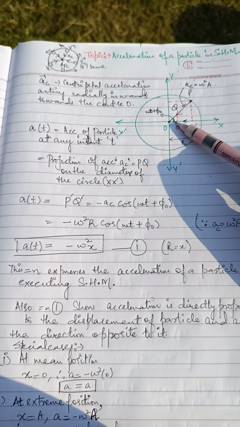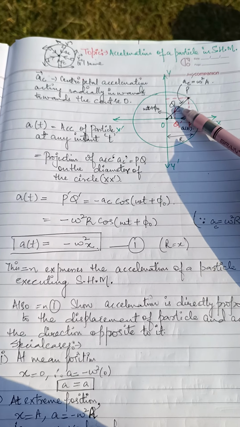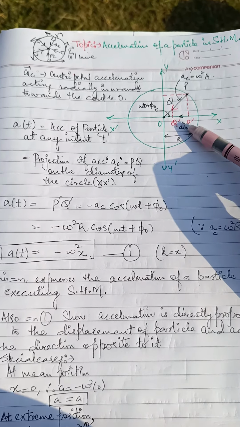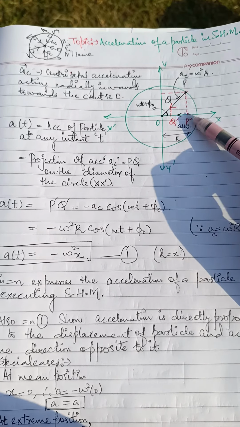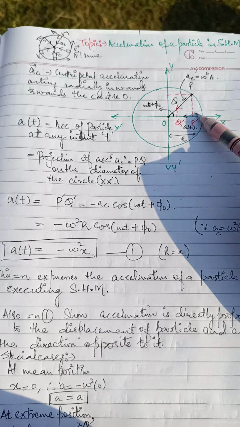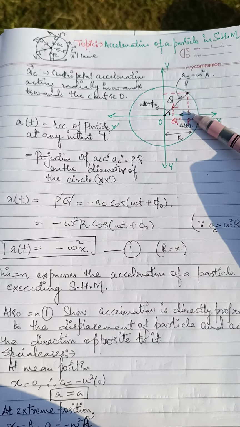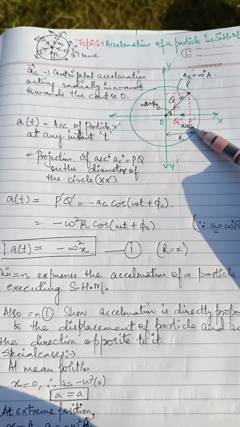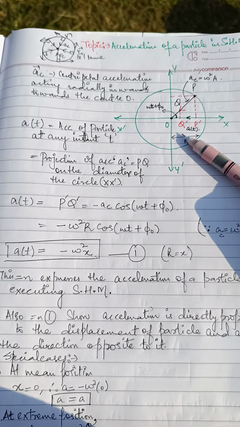Now this angle we already know is omega t plus phi, and we will resolve this AC into its perpendicular component and its base component. So this one is acting inwards, this is going to be its cos component and this is going to be its sine component. Fine. Now as we need to draw the projections of P and Q on the diameter for SHM, it is given by P dash Q dash.